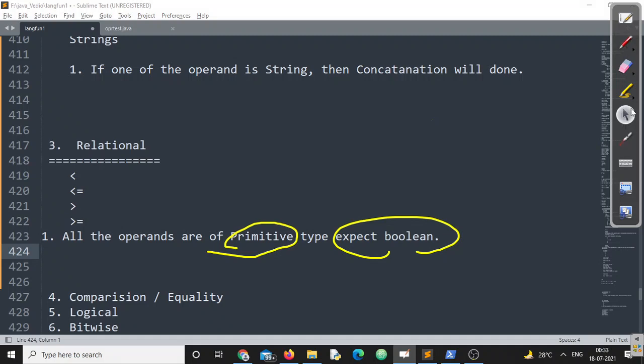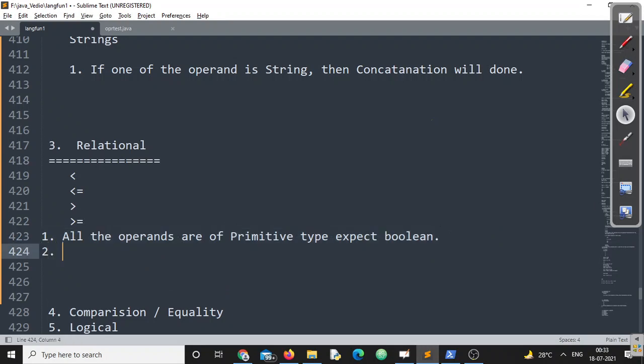But the interesting part is, even if none of the operands is boolean, all these operators always produce boolean. The output of these operators is always boolean. Either it will be true or it will be false, one among these two values.